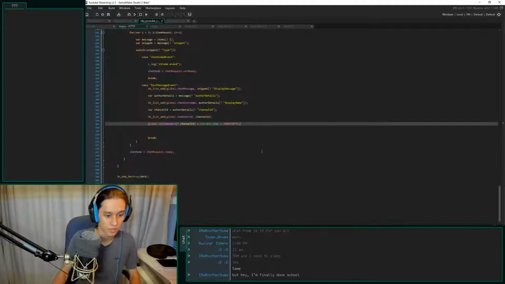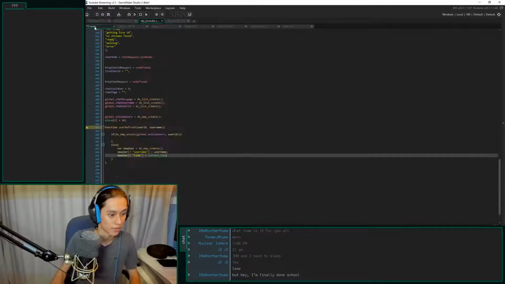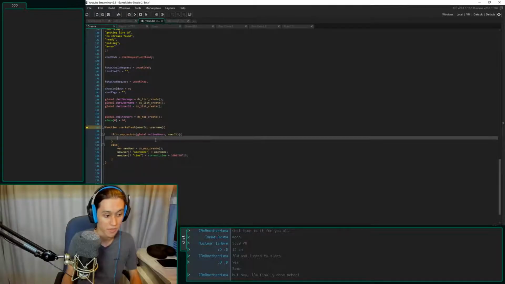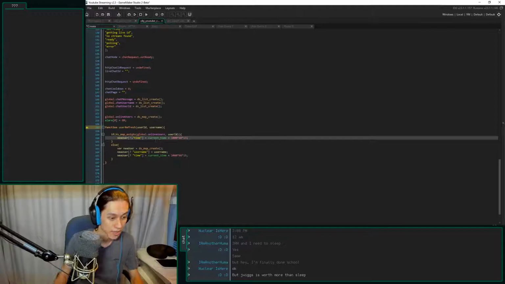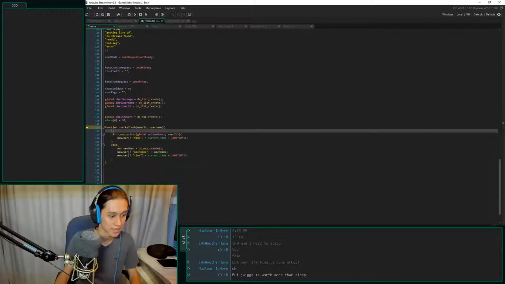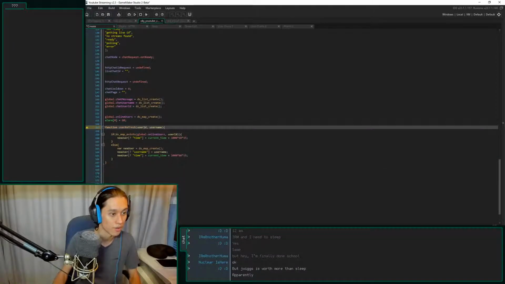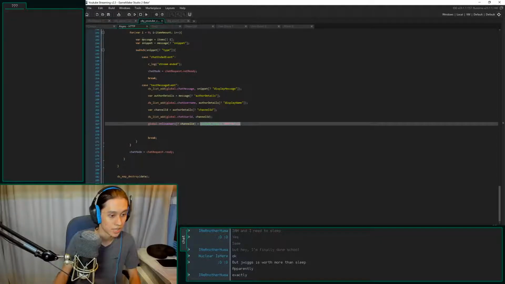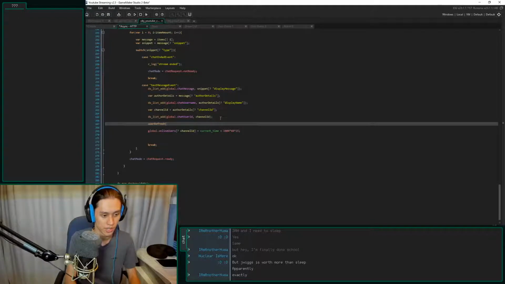I should just copy this from over here since this is exactly what I want to do. Equals that. Perfect. So if you do already exist in my online database, then I'm going to just reset your time and that's it. And I've never used it, so I'm going to go ahead and use that function here. So we're going to user refresh. It's going to be the channel ID, as well as the username.